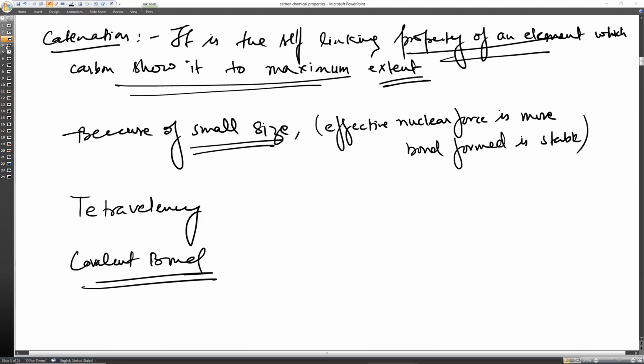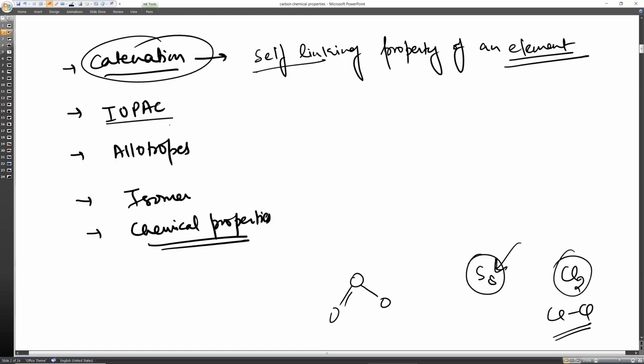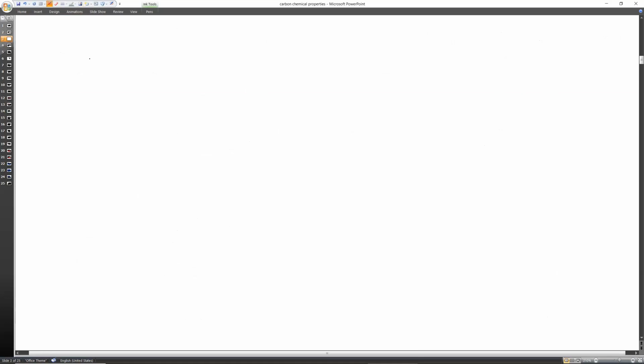So let's move further. The next topic that I have written here is IUPAC naming. Catenation done, let's go to the allotropes first. What are allotropes? If I talk about it, diamond and graphite are the 2 allotropes of carbon. Carbon in nature is not only found as graphite. It can occur as diamond, it can occur in the